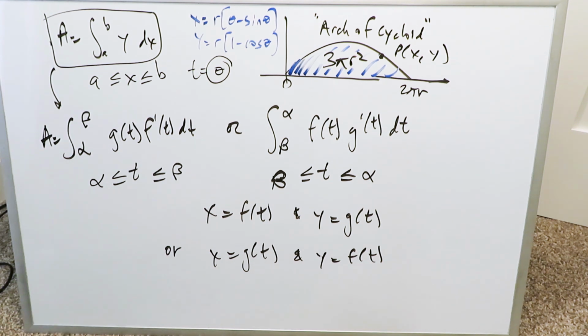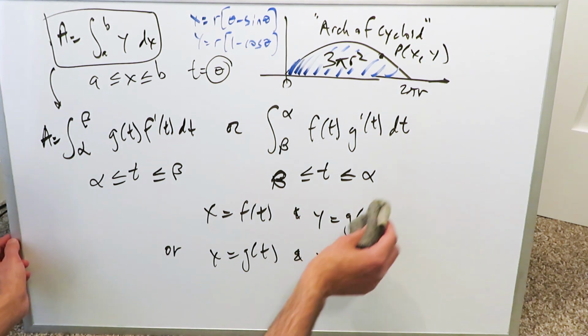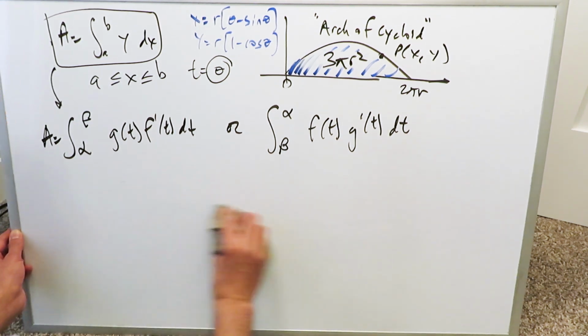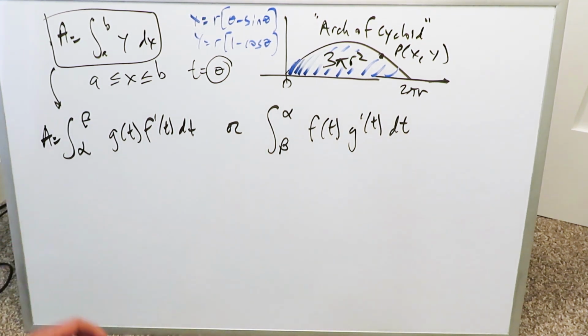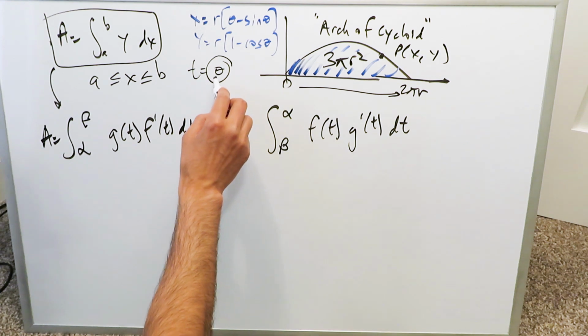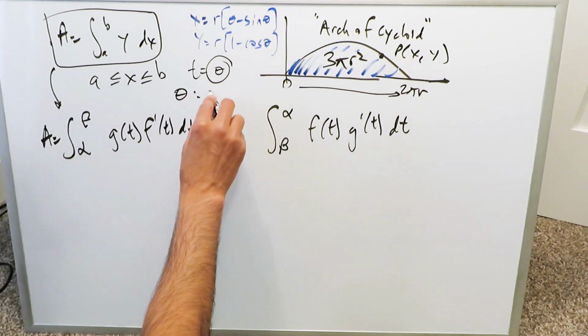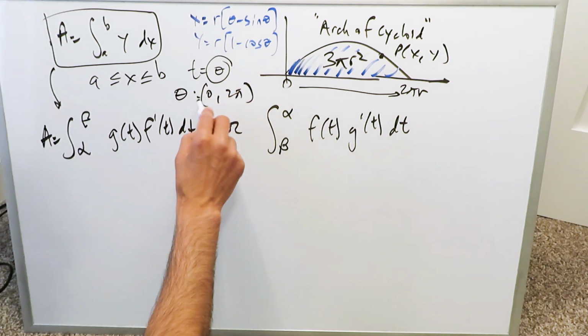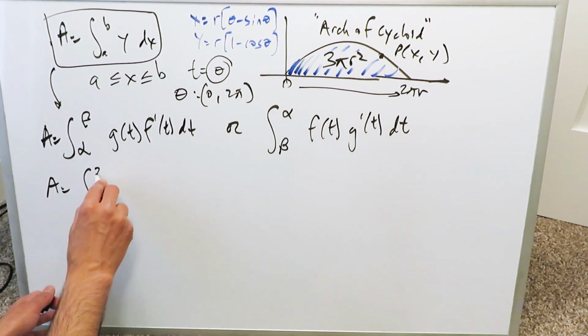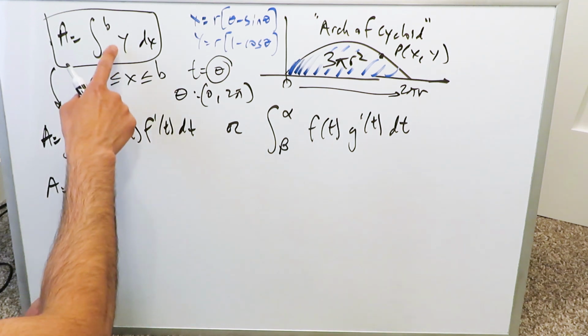It can seemingly appear as technical at first, but trust me, it isn't, because when you look at everything in a simplified manner, which is what I'm showing you, it will all make sense. When you're looking here at this representation, you know you're looking from 0 to 2 pi r, but when you're looking at everything with regards to your theta parameter, you're really looking from 0 to 2 pi in terms of your theta angle. Your area integral becomes basically 0 up to 2 pi, but you have a y and a